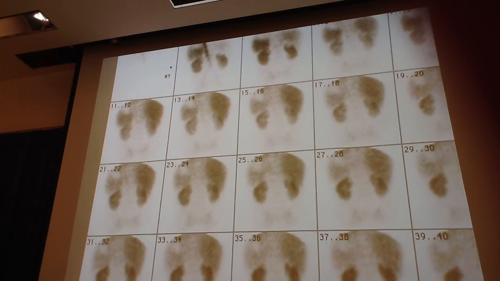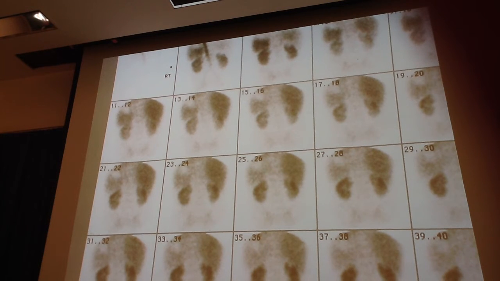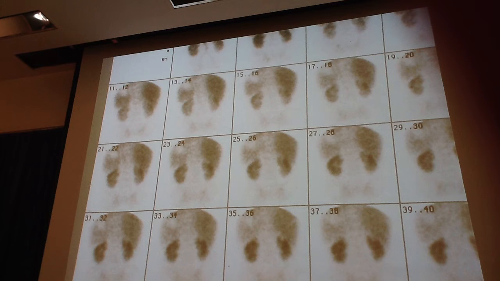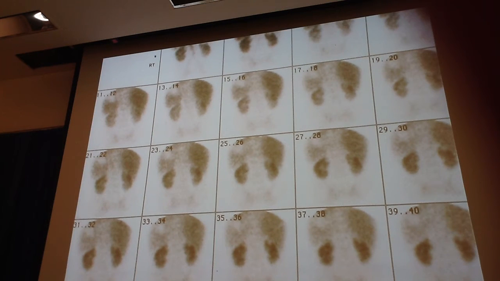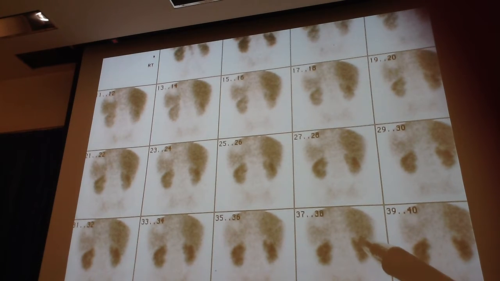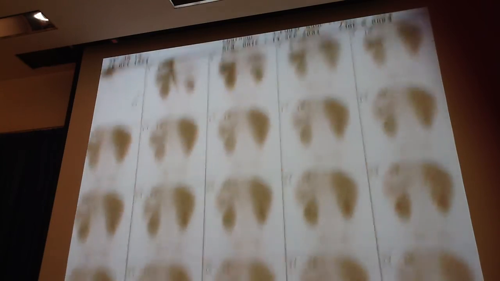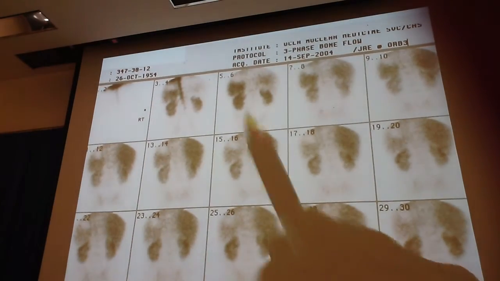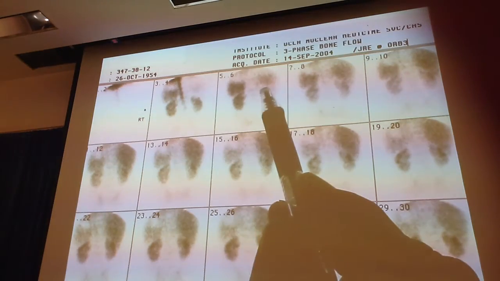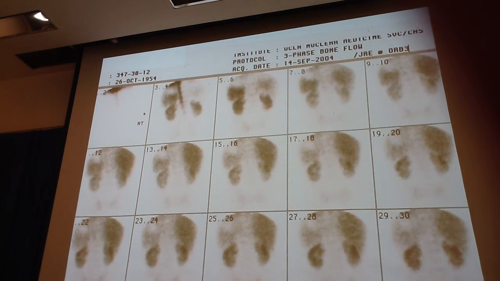But the problem was that this should have been caught on the daily uniformity, which obviously it wasn't. So now we have a new situation that has to be resolved. Either this patient has to be re-injected. One of the things that I also noticed was there's like a defect in this kidney over here. You guys see that little defect in the kidney? Okay. I don't know if that's something, that just might be a cyst or something. They weren't working the patient up for that, but